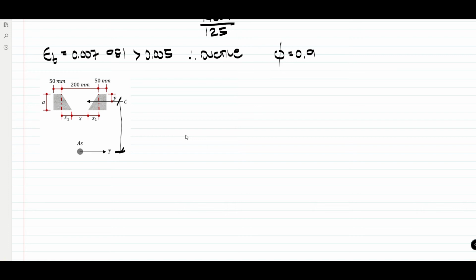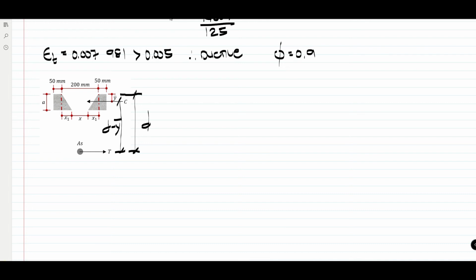So, alam naman natin kasi na from compression, ultimate or the extreme compression fiber to the centroid of the reinforcement, alam natin na diyan. So, that means yung hinahanap nating moment arm will be D minus the Y bar. So, since yun na yung moment arm natin, yun yung kailangan nating hanapin, and mag-uumpisa muna tayo sa paghanap ng Y bar by the Varignon's theorem. So, using Varignon's theorem,